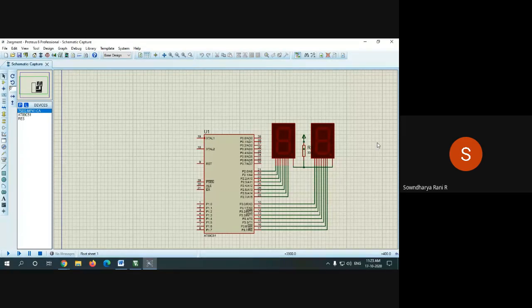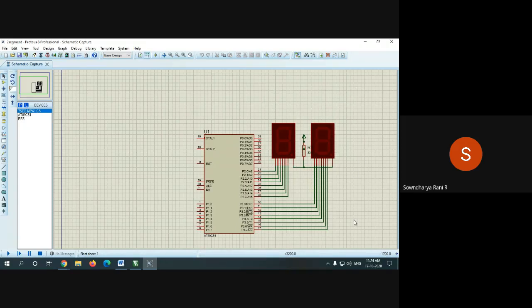Okay, and in the outer loop you have to display it. For example, the first time it should be 0, and you have to display the inner loop as 0 to 9. Okay, and in the second iteration, the outer loop should be 1 and the inner loop should go from 0 to 9, so that you get 10 to 19. And for the next iteration, the MSB digit should be 2, then the inner loop should go from 0 to 9, and you get 20 to 29.